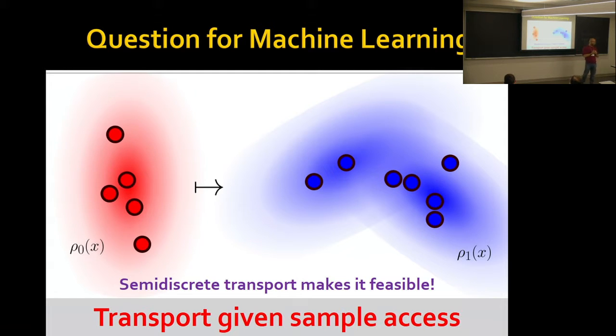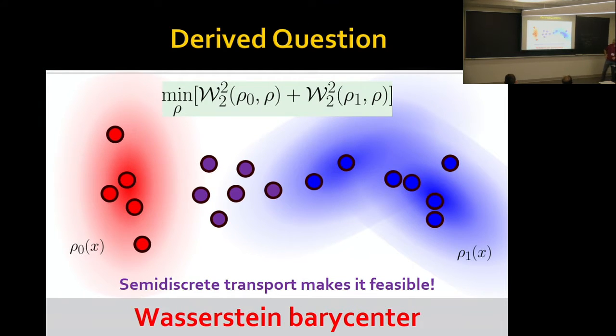So the question that we were trying to ask here was, let's say that I only have a black box that can draw a sample from rho 0 and rho 1. Can I come up with a procedure that's guaranteed to give a good approximation of the transport distance between these two objects in an expected fashion? And now it's randomized. In fact, there's a derived question related to that fusion problem I gave you before.